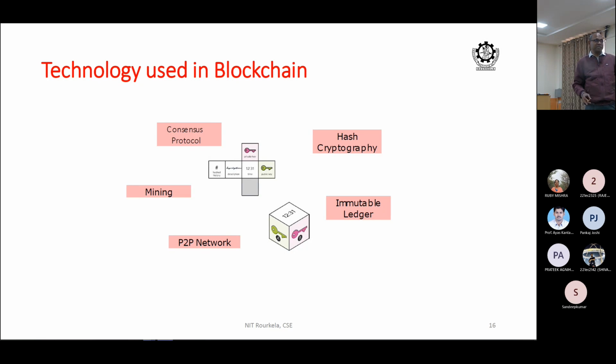We'll discuss how the mining takes place. Then there is consensus. Let's say there are 10 miners. All 10 miners will generate a block. Then which block is going to be retained on the blockchain? So there has to be some consensus mechanism among the untrusted. The entire network is not trustworthy. Nodes do not trust each other. But among them, with untrusted nodes, they come out with a consensus on which particular block to create. So there are also consensus protocols. We look at these two, consensus and mining.